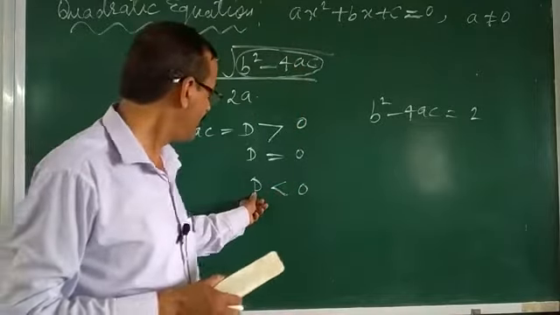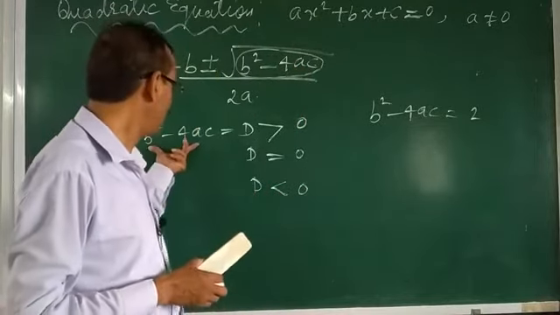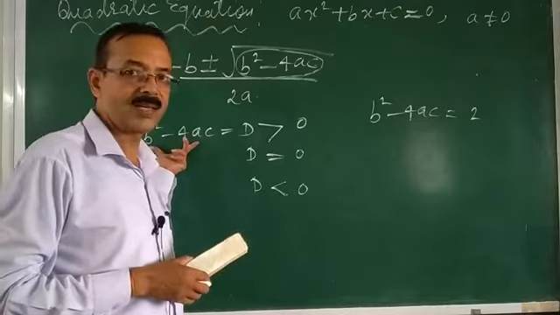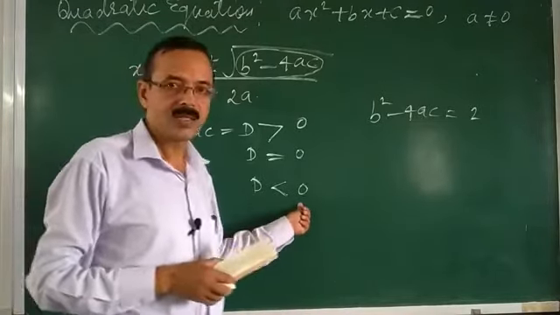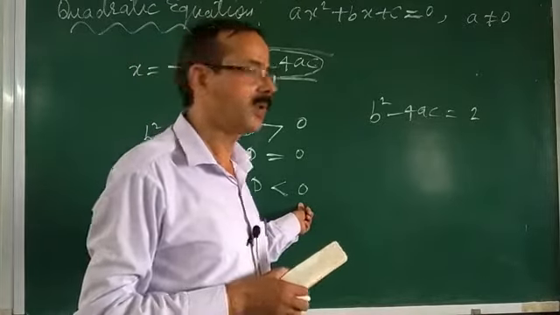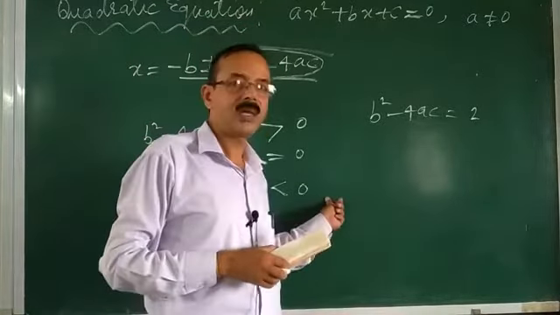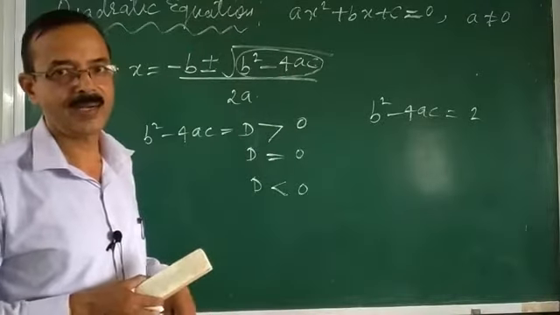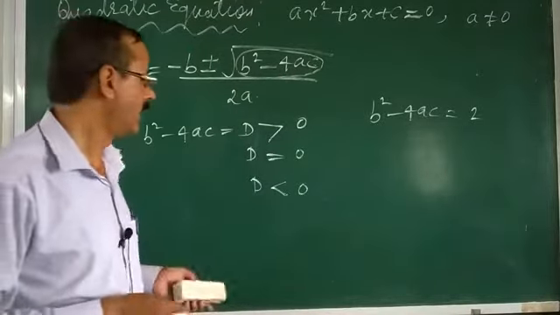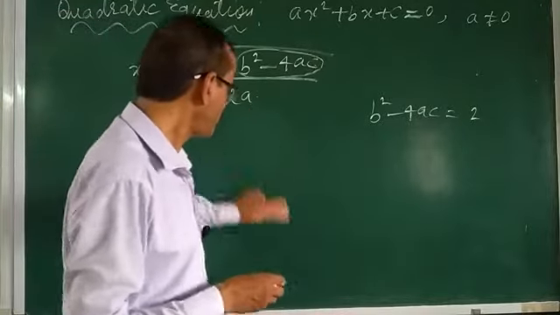And if D is less than 0, D means this value, put the value after comparing with x square plus bx plus c. If D is coming less than 0, meaning negative, then which type will your roots be? They will be imaginary, as I taught in complex numbers. So student,